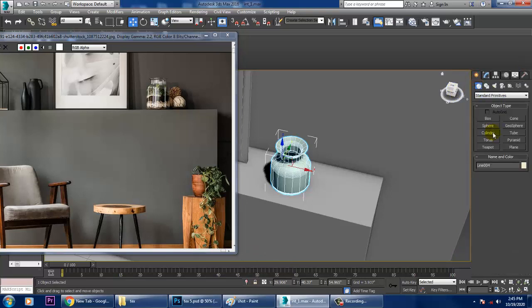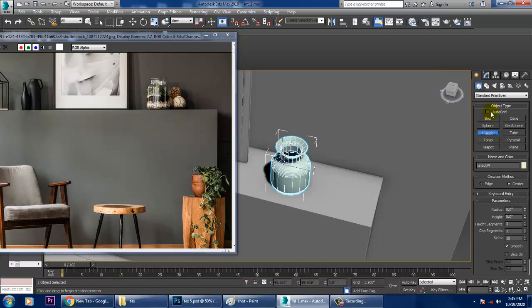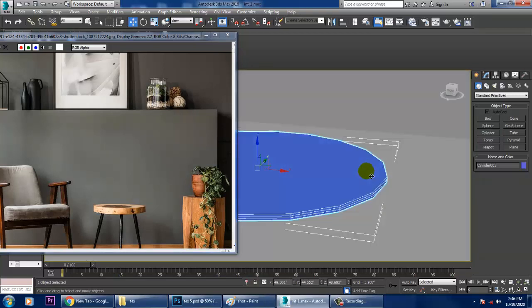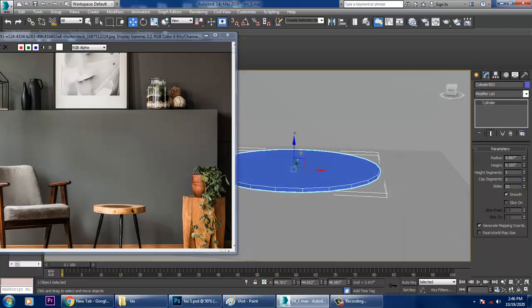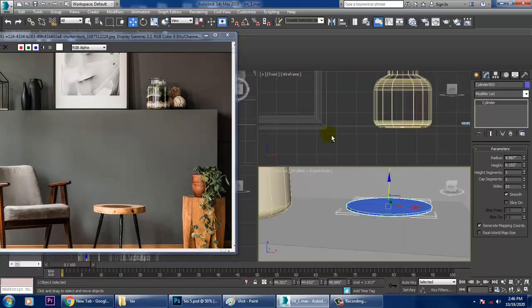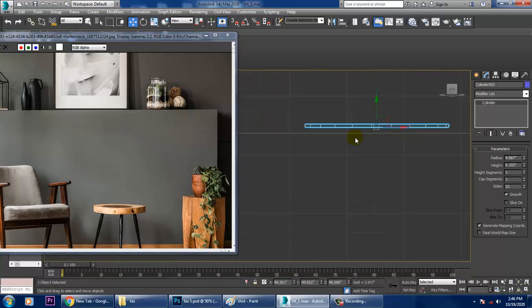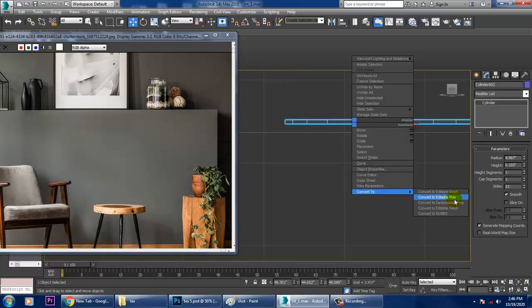Let's take a cylinder again over here. So else what I'll do over here is like, I'll just convert to editable poly.